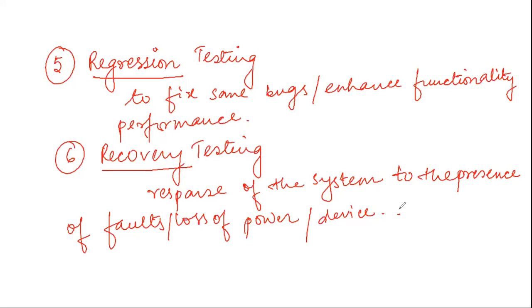So this type of response of the system it will check. Suppose the printer is disconnected, and it is noticed that when the printer is disconnected, the system is hanging. Okay, and suppose forcefully we are shutting down the power to see what amount of data has been lost or what amount of data has been corrupted. So these are the forceful things which we will do in order to see how my system is recovering, whether the level of this recovery is satisfactory or not.